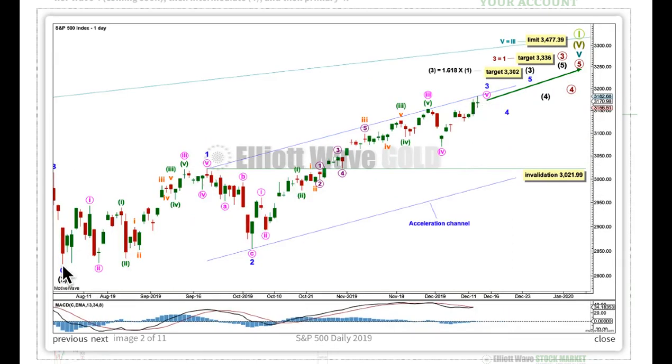At the daily chart level, here's the end of intermediate 2, and here's the beginning of this extended third wave with minor 1, 2. I expect minor 3 is incomplete, and then minor 4 should arrive fairly soon, sooner rather than later. When it does arrive,